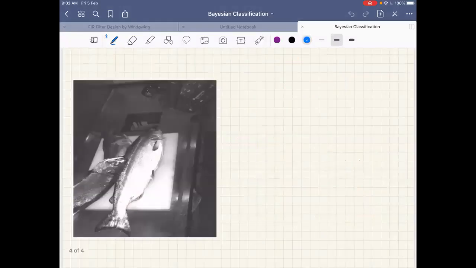Let us consider the same example of fish classification because the context is known to you. From the images of the fishes coming on the conveyor belt, we want to classify them into two different categories. Hope you are able to see the notes here, right? Yes, sir. Assume that I want to set up a small automated industry where I want to automate this process of fish classification.